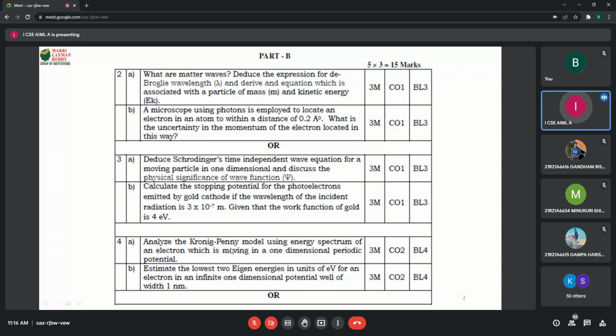Okay, so the Kronig-Penney model. This may be asked even in the final exam for 10 or 12 marks. The thing is, he doesn't consider how many marks it is carrying. You have to write a complete answer for the given question within the given time. 2 hours was given, but overall, how many questions are you attempting? One here, any one you attempt is nothing but one here. Here one more question and a half, only 6a or b is there, two and a half, and first short answer questions, that's all.